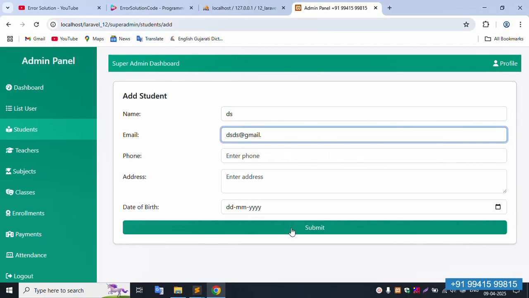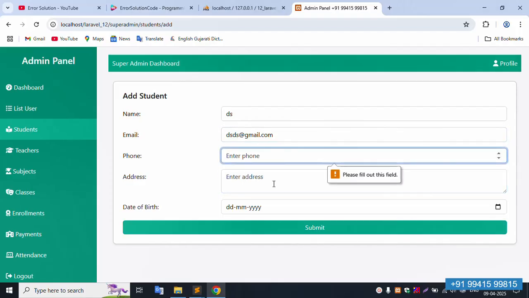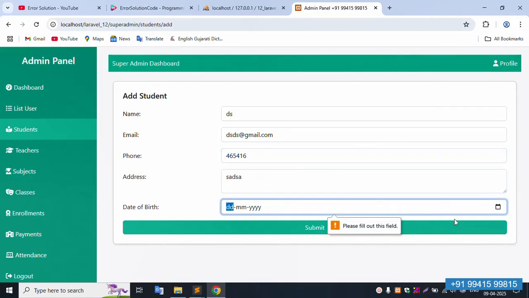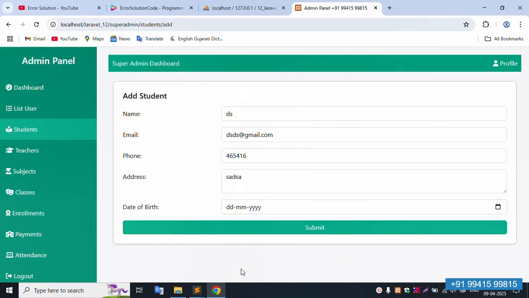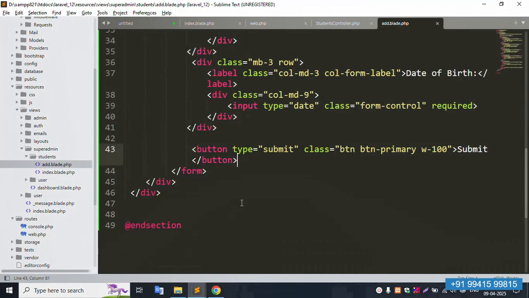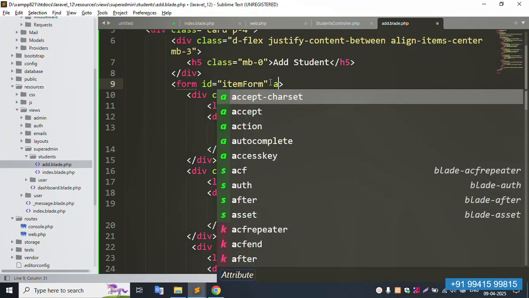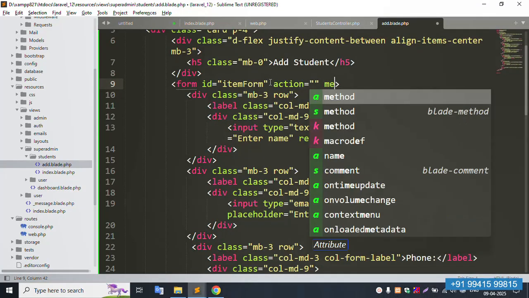Gmail with .com, mobile number is implemented, address, and date are compulsory. All are compulsory and required. This field is required. Next is the method action, method post,